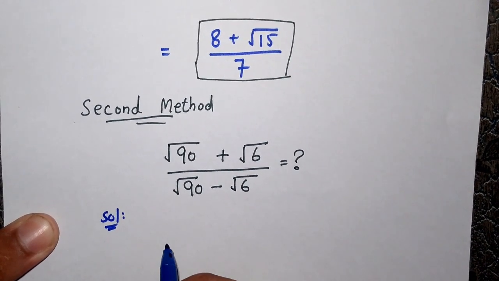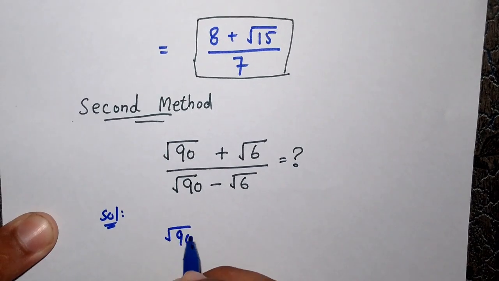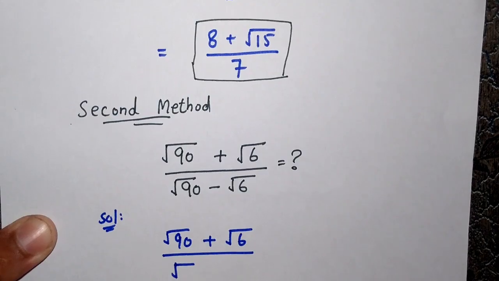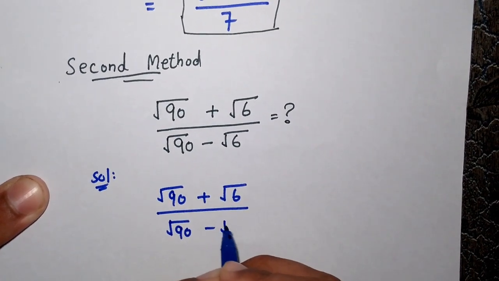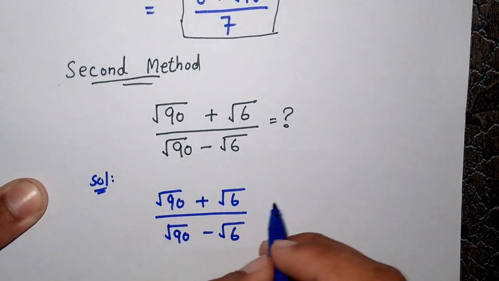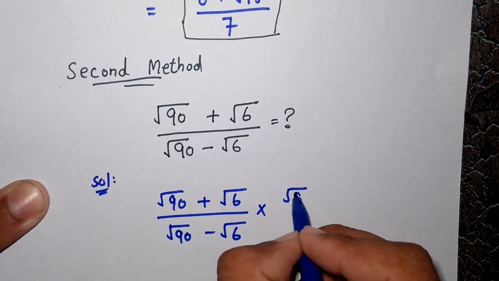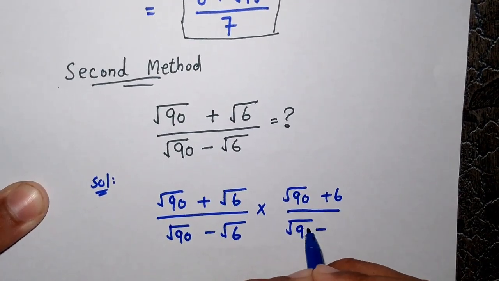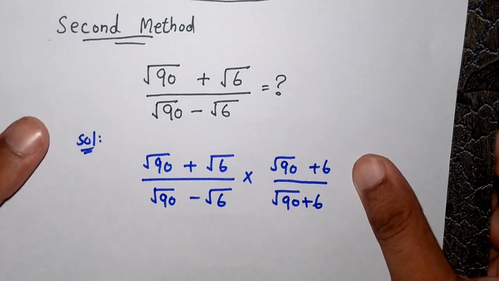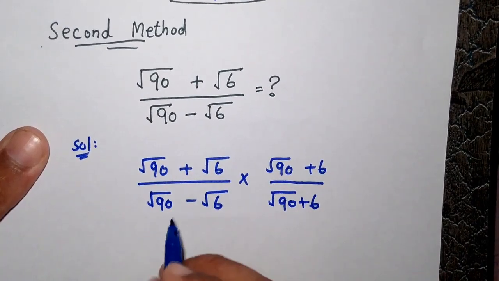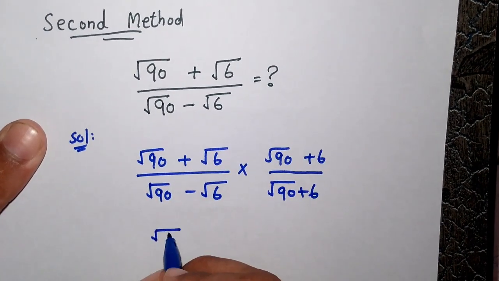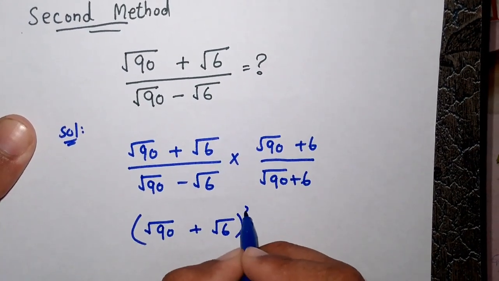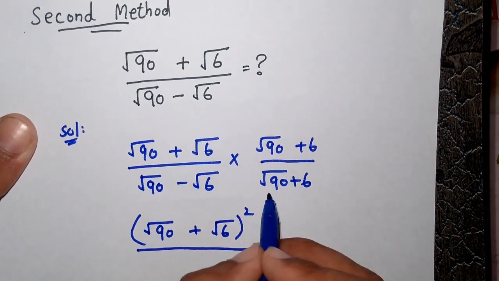The question is square root of 90 plus square root of 6 over square root of 90 minus square root of 6. So now we have to multiply this with square root of 90 plus square root of 6 over square root of 90 plus square root of 6. Now in the next step, to solve this interesting question, this is equal to square root of 90 plus square root of 6, this whole square, over, this is in the form of a square minus b square, so this will become